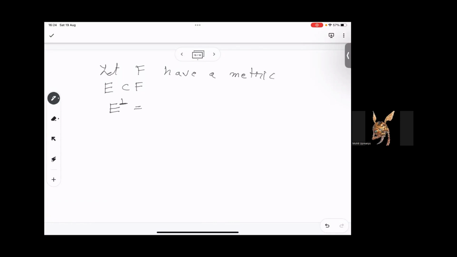And note that E perp will be isomorphic to F modulo E. In particular, this will show us that it's a vector bundle, right? So for every point, we take the complement using the metric that we have at that place,